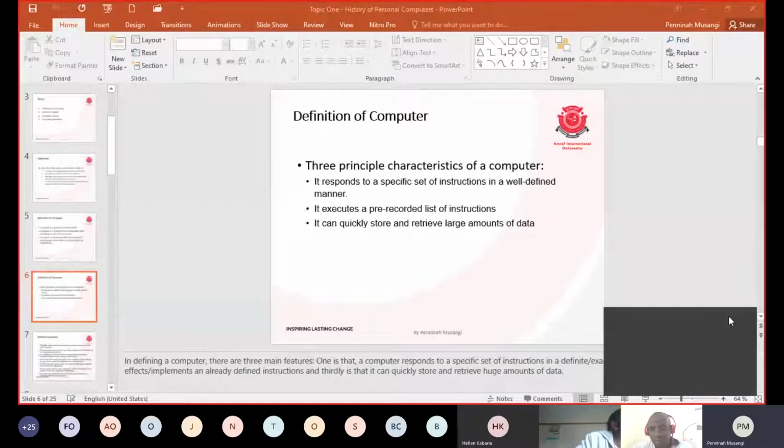And the last one is that it has the capability of quickly storing and retrieving large amounts of data. So those are the three major characteristics which present themselves when you are defining a computer: the ability to respond to a set of instructions in a well-defined manner, executing an already pre-recorded list of instructions, and the ability to quickly store and retrieve large amounts of data. So moving on,